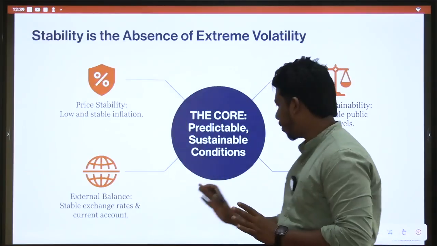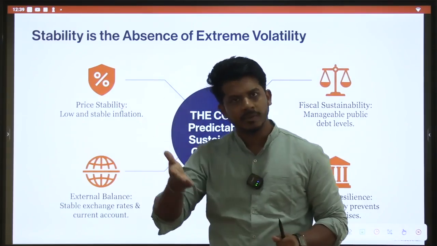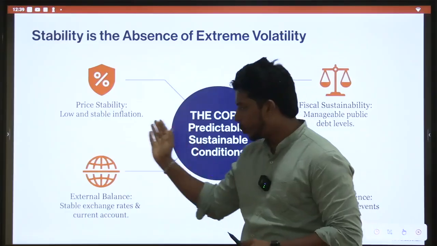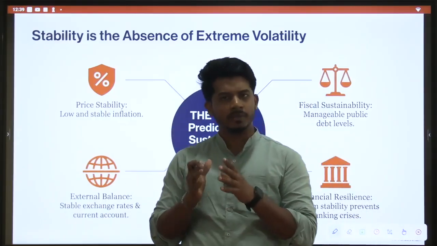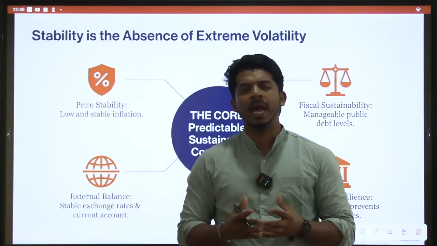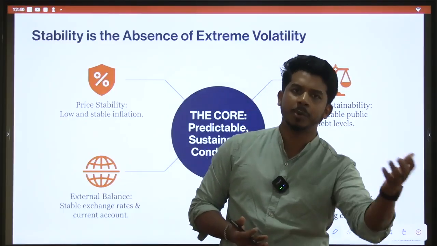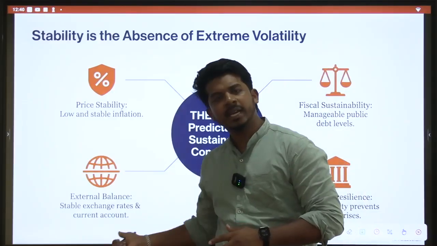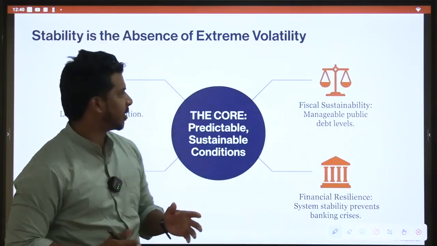There are various economic factors. Prices of goods and services within the country should be reasonable. Then it should have enough foreign exchange reserves. In the previous class we saw that every country ideally should have enough foreign currency reserves to at least pay for its imports, to fill its import bill. So there is a need for minimum foreign reserves, to have enough external balance.